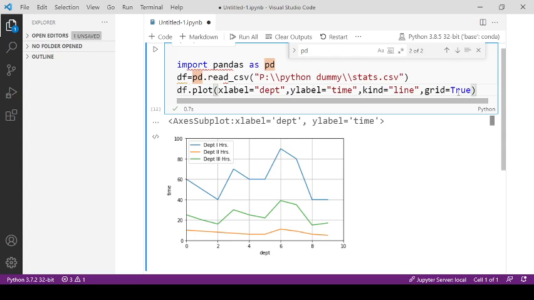When we pass true over here, the grid will be shown on the graph. Based on this kind parameter, we can specify the type of graph, and we have seen that with different values of kind we have different graphs, right? And we have also discussed how to set the limit of the x-axis and how to give a label to the axis. Using colormap we can change the color scheme of the graph, right?